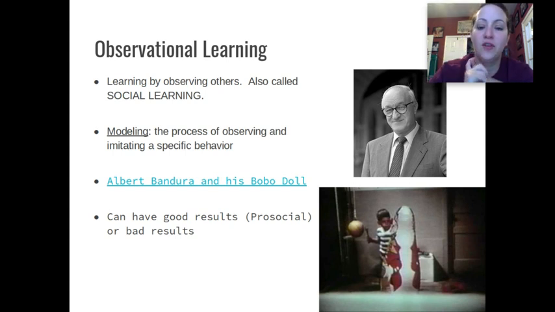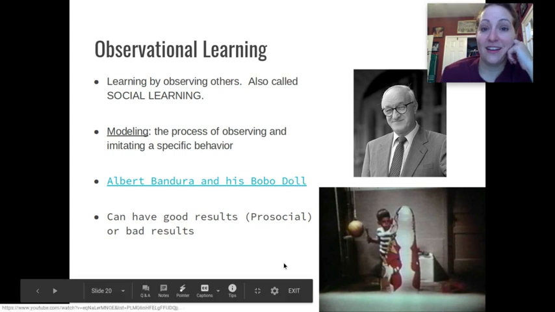Give me an example of pro-social observational learning and antisocial observational learning, meaning something that you have learned because it was modeled to you. Maybe some bad habits that you learned that were also modeled to you. So something that you learned by observation, good. Something that you learned by observation, bad. So that's what you're going to be posting as a comment, not on the video, but on the assignment on Google Classroom.